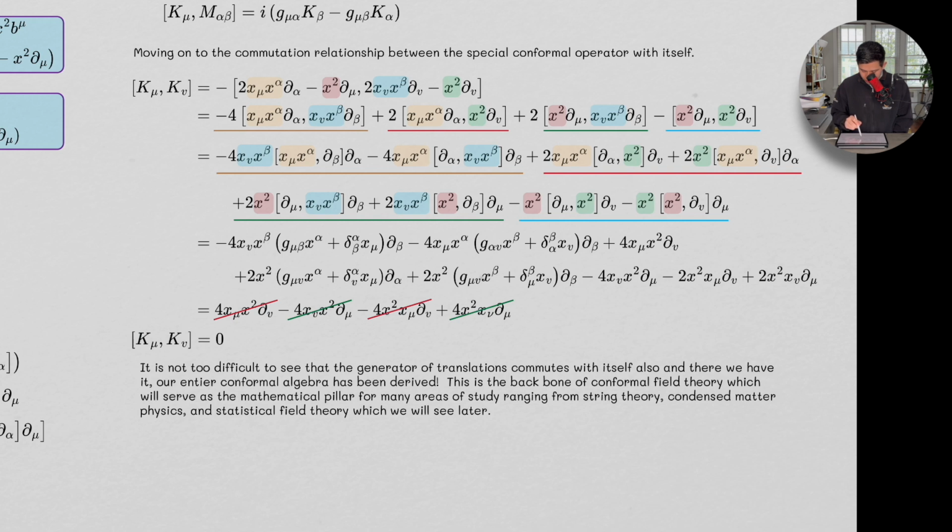So this guy here, these two guys, right? This is this guy and this guy here. That's these two guys right here. And then these two guys, this guy here is going to be right here. And then x squared dx beta, that's going to be beta nu, that's going to be this one right here. Right, so all of this then gets, we're literally just plugging our commutation relationships into,